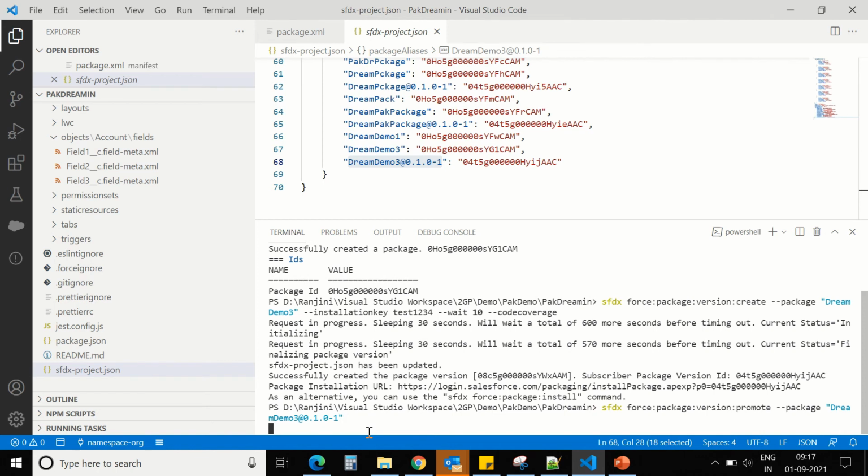It will again ask you for permission before it actually gets promoted.